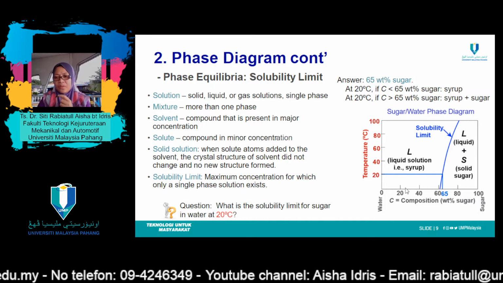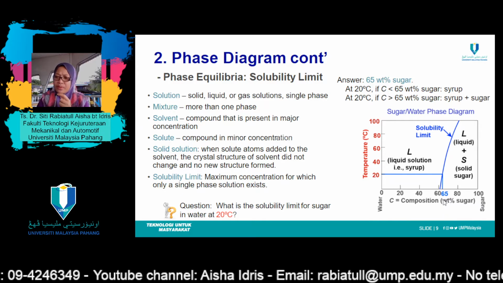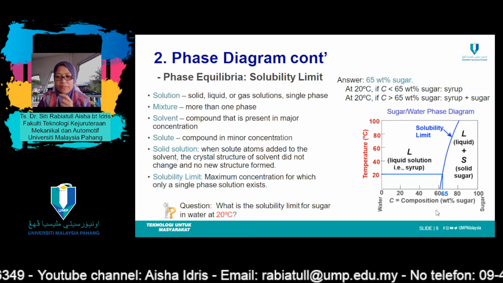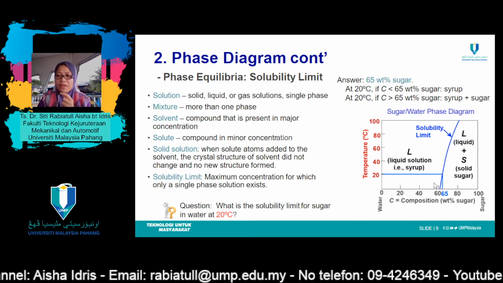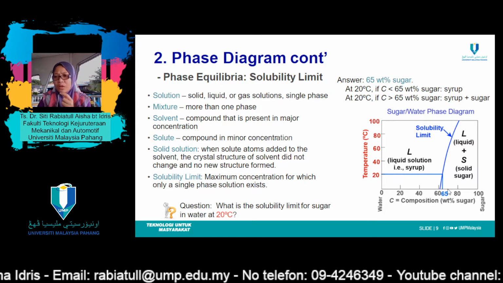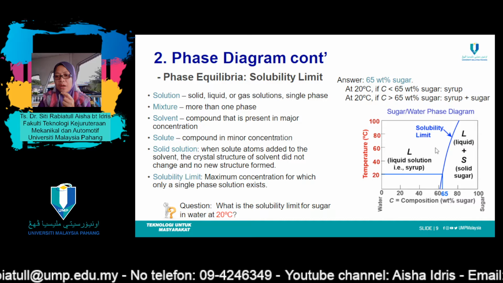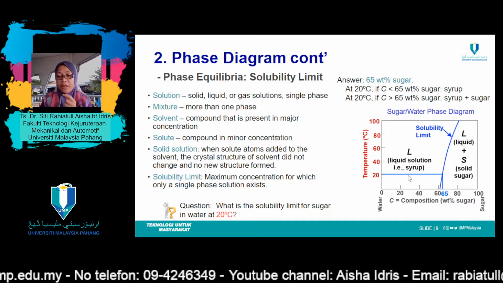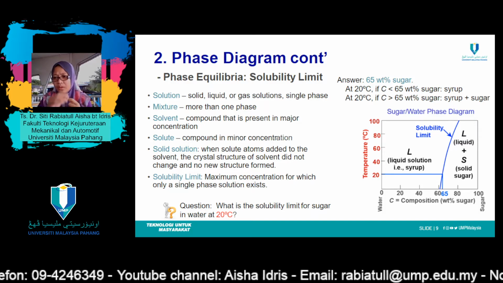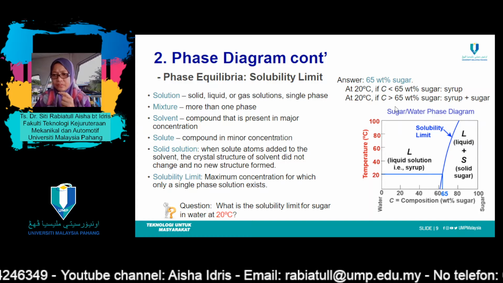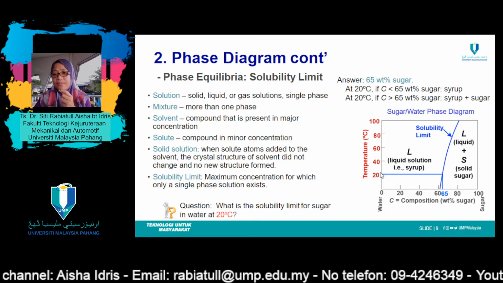So we can say that, for this point at 65 weight percentage of sugar, if the temperature is lower than 20 degrees C, the phase that exists is mostly syrup, because this is a liquid phase, so we don't see sugar in the syrup. However, if the temperature is more than 20 degrees C,